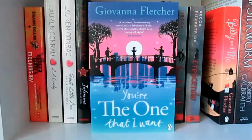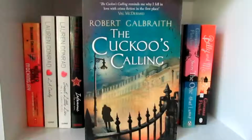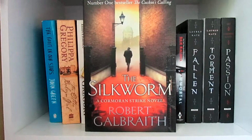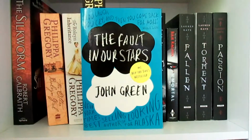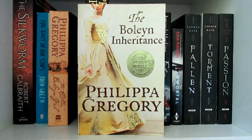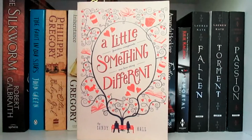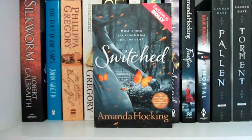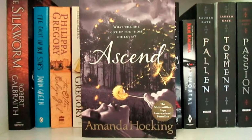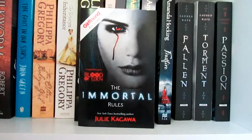Becca Fitzpatrick, You're the One That I Want by Giovanna Fletcher, Billy and Me by Giovanna Fletcher, The Cuckoo's Calling by Robert Galbraith, The Silkworm by Robert Galbraith, The Fault in Our Stars by John Green, The Other Boleyn Girl by Philippa Gregory, The Boleyn Inheritance by Philippa Gregory, The King's Curse by Philippa Gregory, A Little Something Different by Sandy Hall, Switched by Amanda Hocking, Torn by Amanda Hocking, Ascend by Amanda Hocking, Frostfire by Amanda Hocking, The Immortal